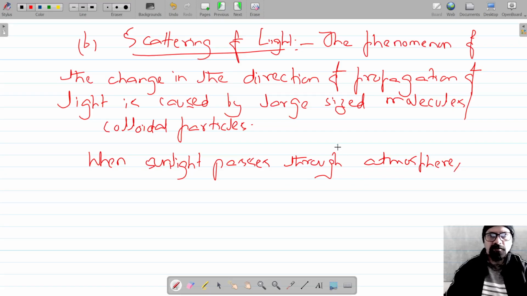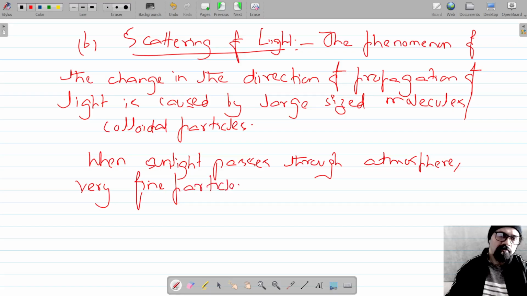Now there are particles of different sizes, but in this case we are going to consider only the very fine particles. Their size is of the order of the wavelength of blue color. So when sunlight passes through the atmosphere, very fine particles in the air